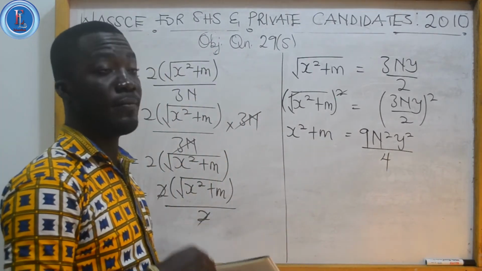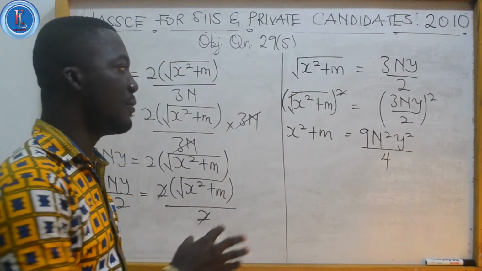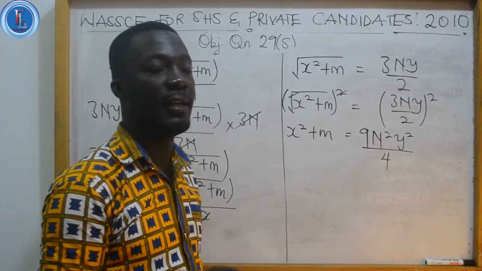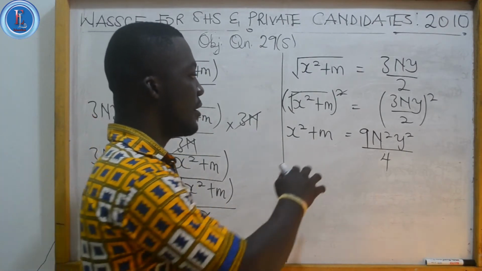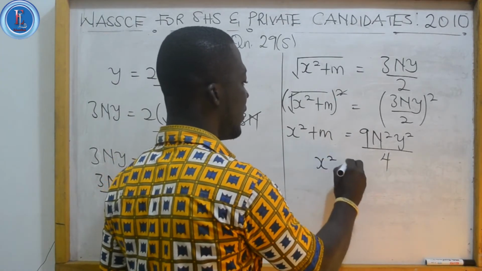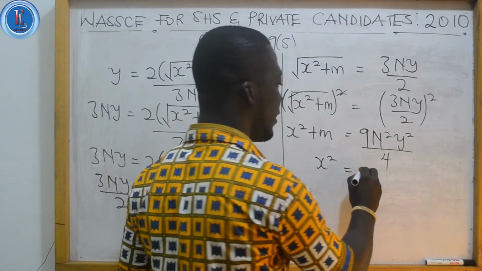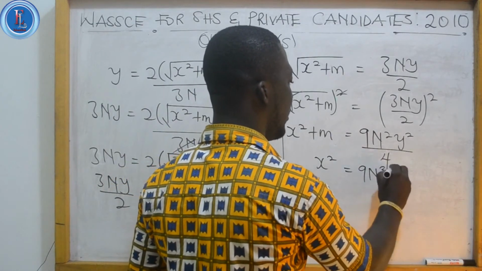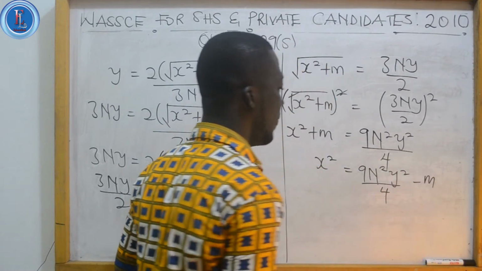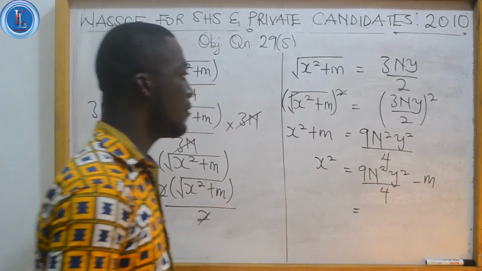So we want to still make x the subject, so take away this m to the right hand side. So when you transpose the m to the right hand side, it's going to be x squared is equal to, since it is positive here, it will turn to negative, so minus m. And if you still want to continue,